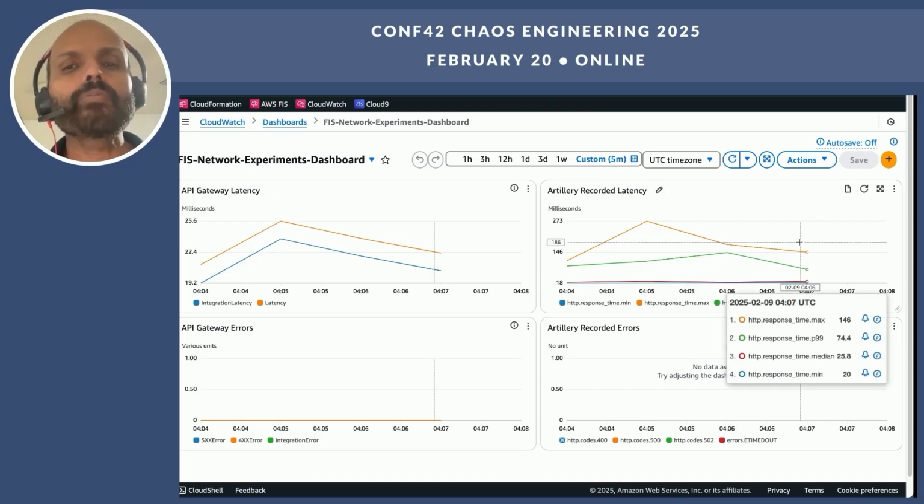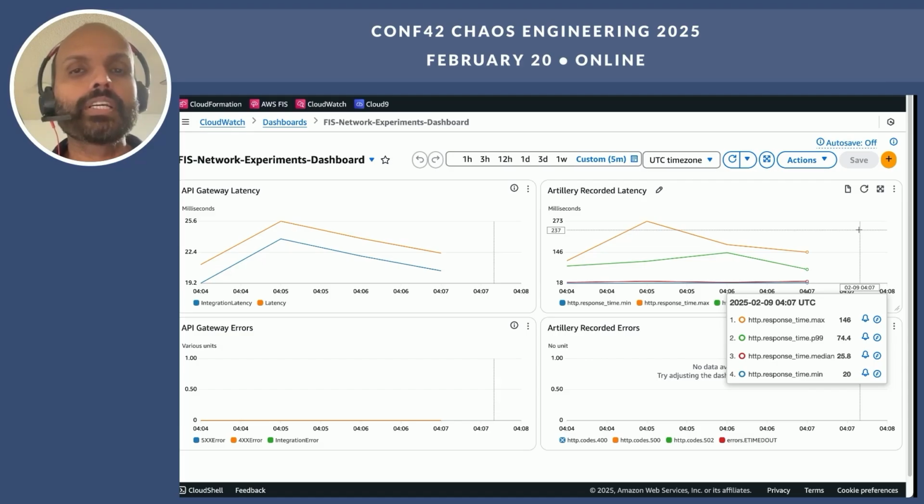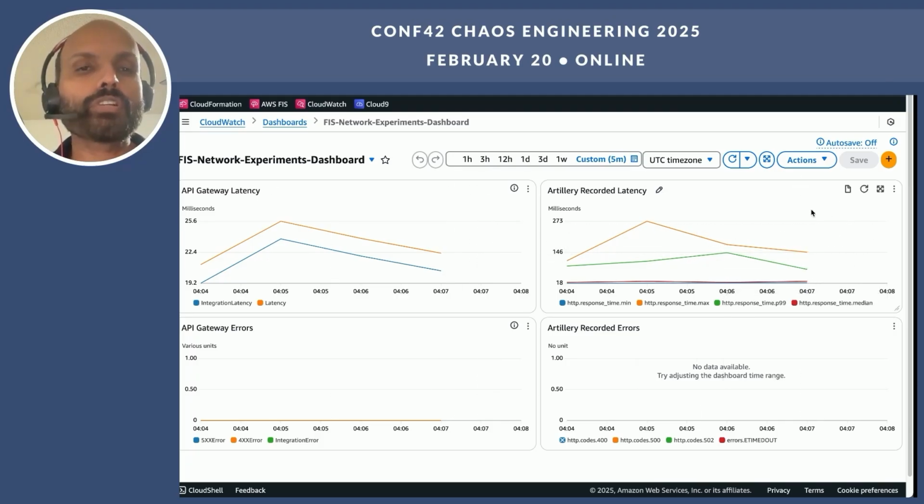At the same time, you would want to also understand the behavior of the application from an end user perspective. Sometimes there could be a disconnect between what an operator thinks health of an application is versus an end user. So you would want to have a pane of glass into each of those perspectives to understand the system behavior. That's what we are trying to demonstrate here.